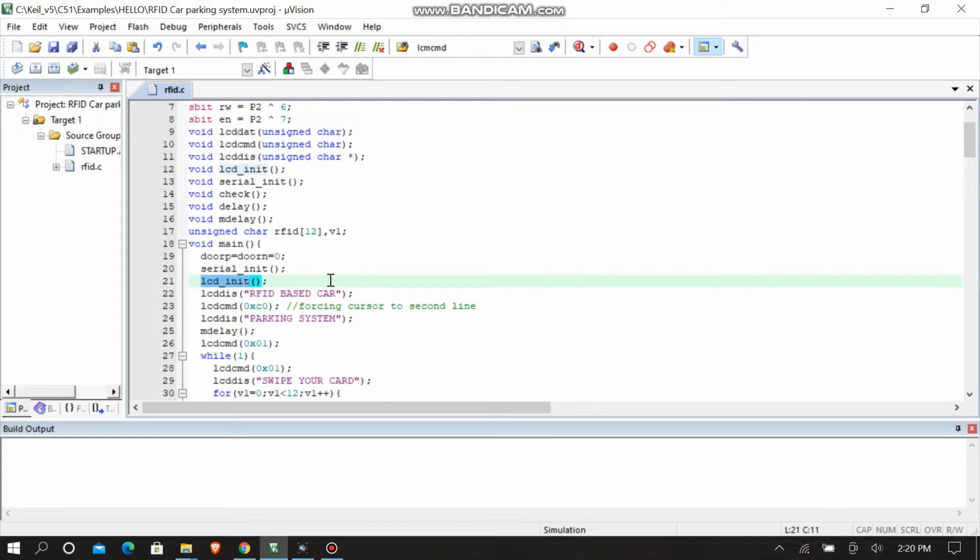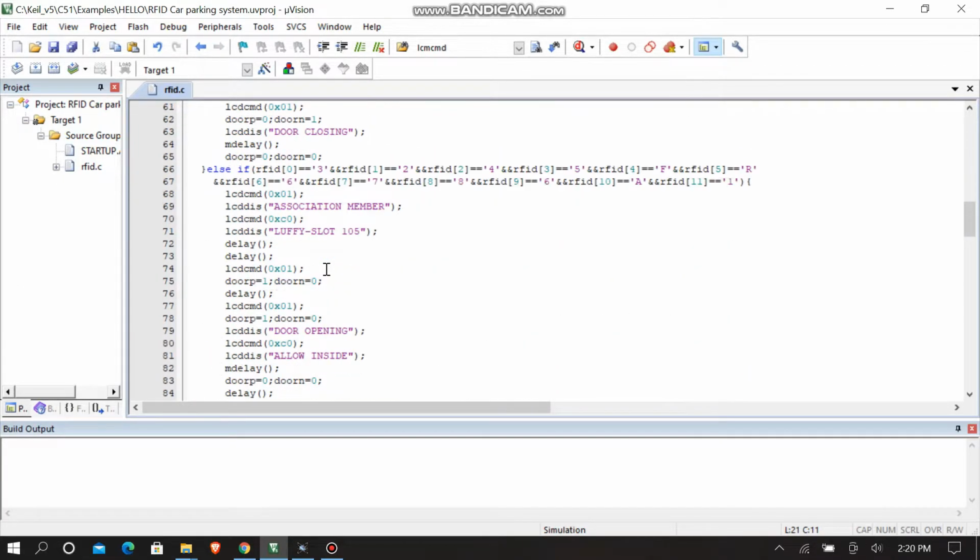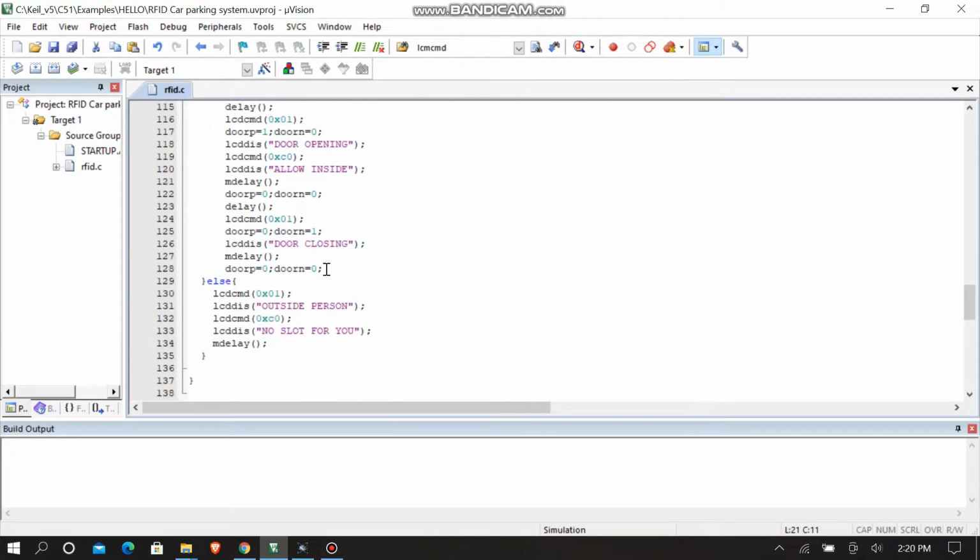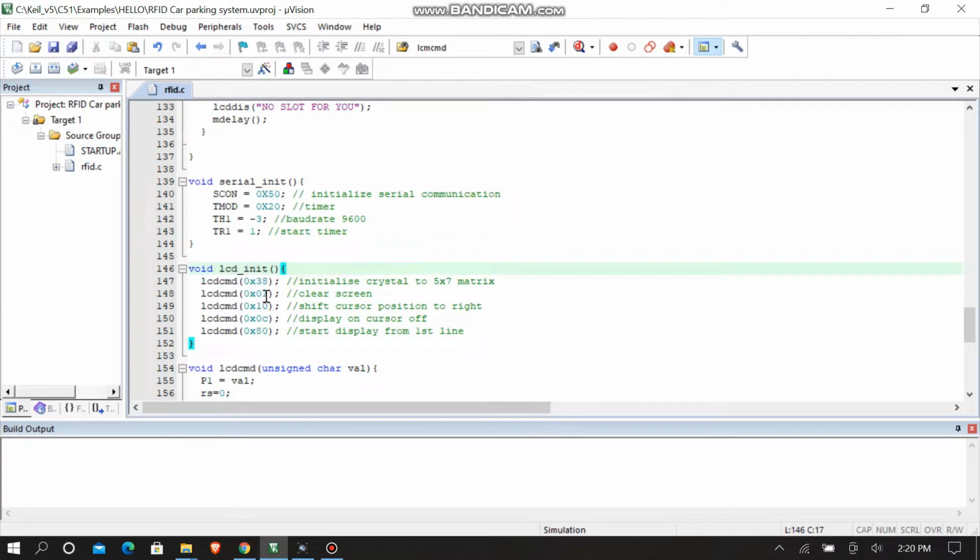Now we have used the LCD init function to initialize the LCD. In this initialization of the LCD function, first of all, we will initialize the 5x7 matrix. Then we will clear the screen by typing this. Then we will shift the cursor position to the right by using this command, 0x10. Then we will turn the display on, cursor off, and start the display from the first line.